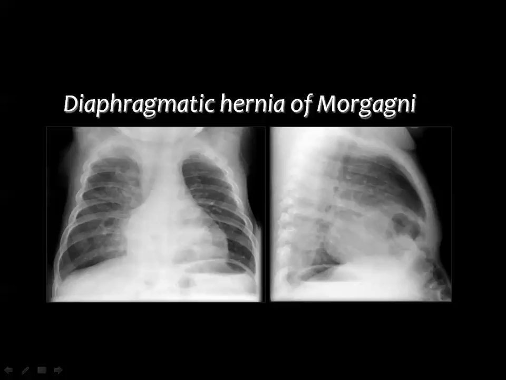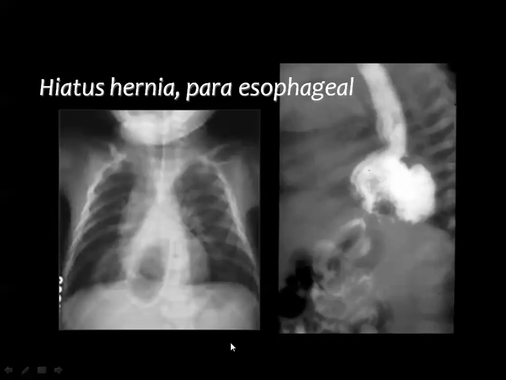Then here you can see in the lateral view that there are bowel loops herniating into the anterior part of the mediastinum. The air in the bowel is continuous with the air in the bowel under the diaphragm, and this is the hernia of Morgagni. Hiatus hernia may be seen also in the pediatric age group and is usually diagnosed by barium